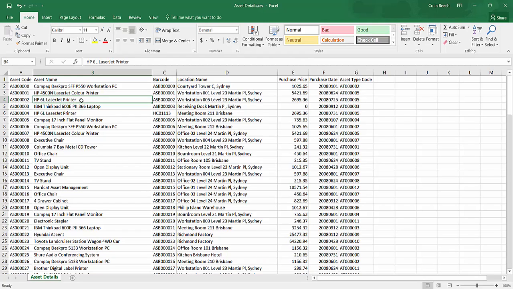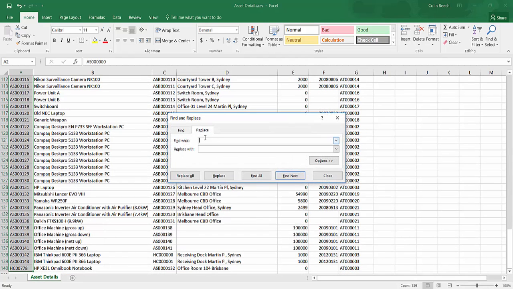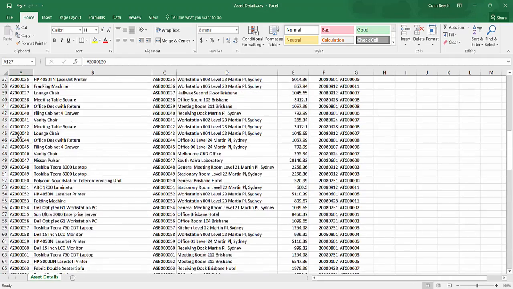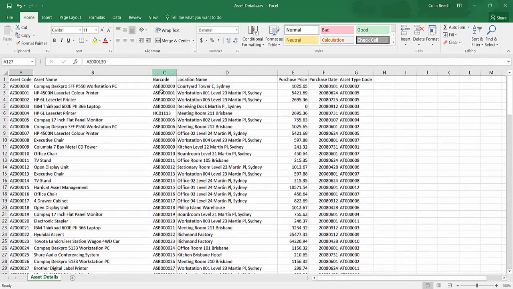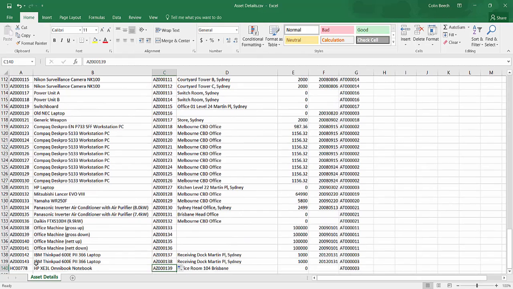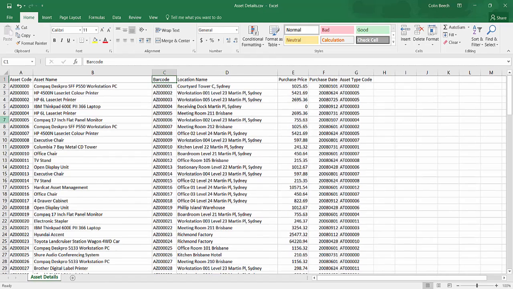So what I'll do here, instead of being an AS code, I'll use the find and replace function in Excel to change it from AS to AZ. And as you can see, we now have a new asset code. And we'll do the same option with our barcode. But in this instance, we'll go AZ and we'll use our own iteration of numbers. And there we are. So now we'll save this file